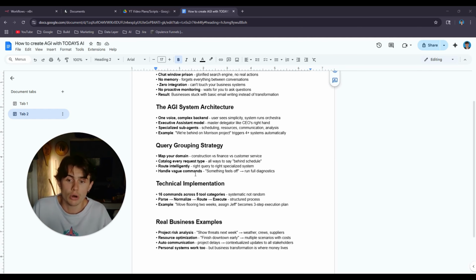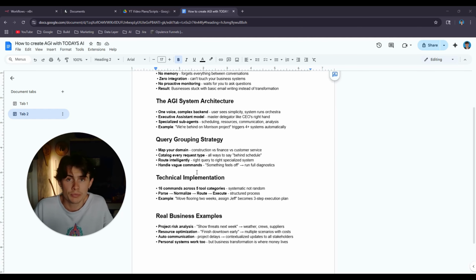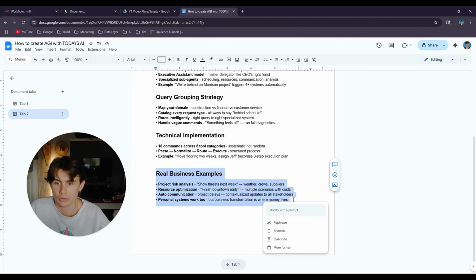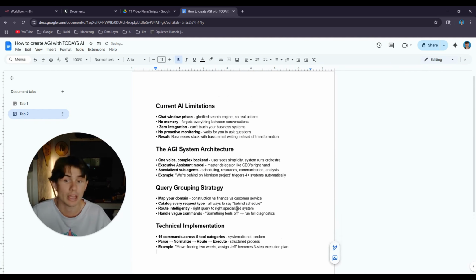And then I'm going to go over what I call query grouping, and I'll demonstrate that through a real automation that we have implemented into many different construction businesses. And then further down, the technical implementation, I'll break down what's happening in that exact workflow. And yeah, real business examples. Okay, let's get into it.